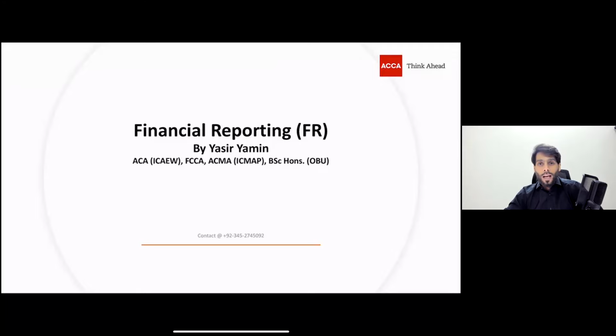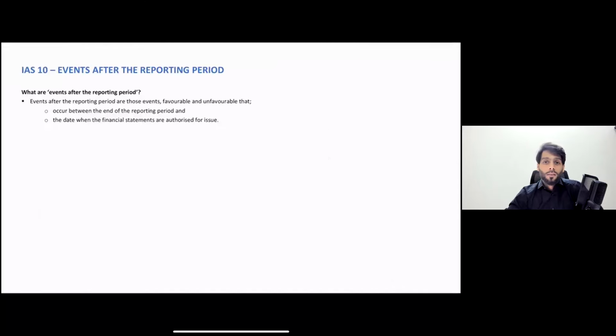Now today's accounting standard is one of its own kind. It discusses transactions that do not belong to the current accounting period, rather those transactions that actually happen beyond this accounting period, however may be reflected in our current financial statements. I know, you have guessed it, right. We are going to discuss IAS 10, which is events after the reporting period.